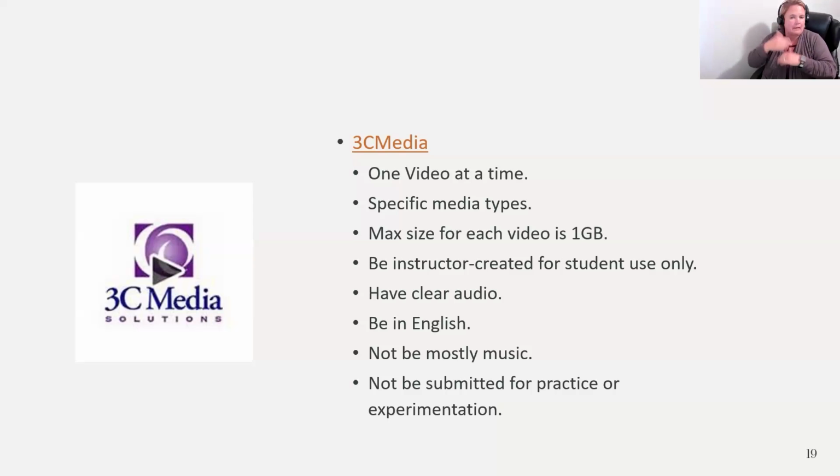You also can make it public or private. I'm not sure what the default is, but if you go to 3C Media, to their homepage, you'll see the Chancellor's Office board meetings. You'll see a lot of other content, even some of our instructors. Really old content is still in there, open to the public. So it really is dependent on what your needs are and what you're going to do with it.